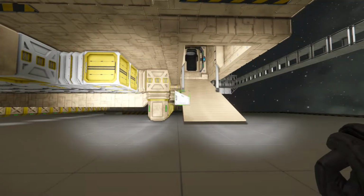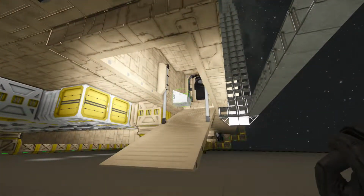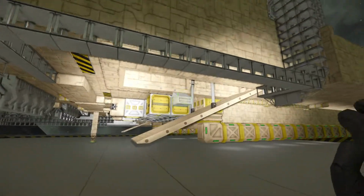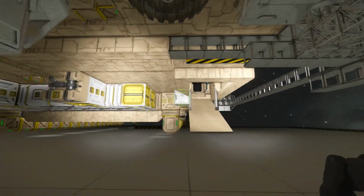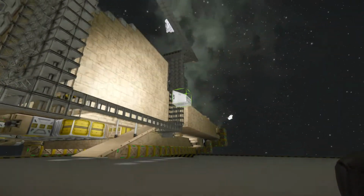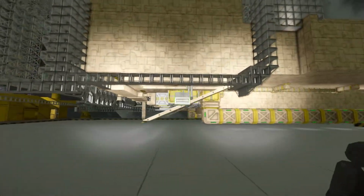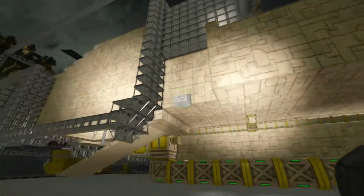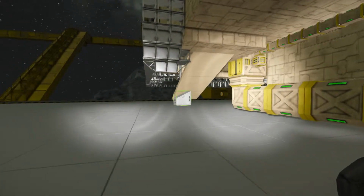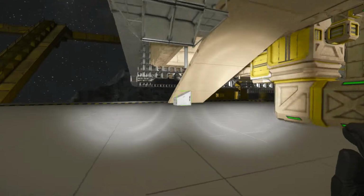I want to be able to bring this thing down, at least on asteroids, if not moons, and be able to get in and out of the ship using the ramp system. And I think that we'll be able to do that. The other perk is that if we do this, we can actually hide most of the ramp inside the nacelle structure. So when it comes down,